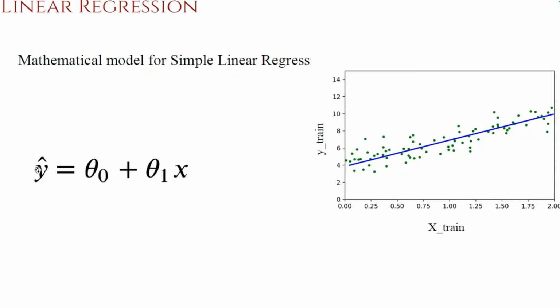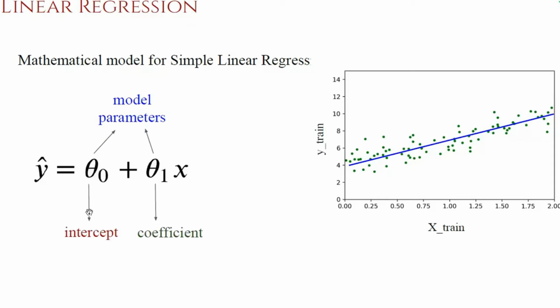And instead of simply writing it as y, we usually refer to it as y hat to say that this is the predicted value. In our problem setting, you can think of it like x is the weight of the participant and y hat is the predicted height of the participant. And y is the actual height of the participant. So this is the convention we usually follow. Theta 0 and theta 1 are referred to as model parameters or transformation parameters. This is what in the initial block diagram I represented like C0, C1 and so forth. So here it is theta 0 and theta 1.